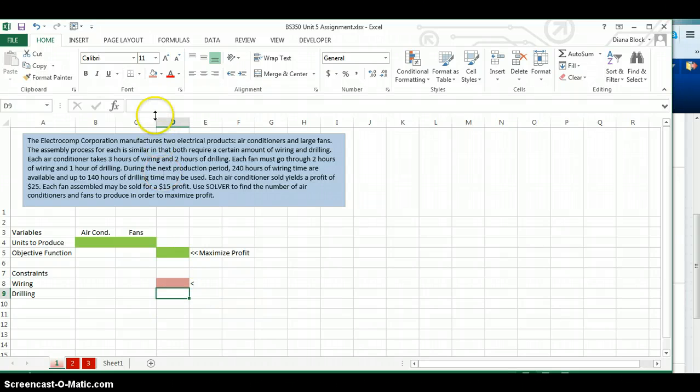And then the sum of your drilling time has to be less than the amount of time given in the paragraph that is your maximum allowable drilling time. So once you've got all this completed, you've got the problem itself filled in, you've got your profit per item, you've got your formula for profit, you've got your constraints, and your sum for your wiring and drilling hours. That is when you'll go to Solver